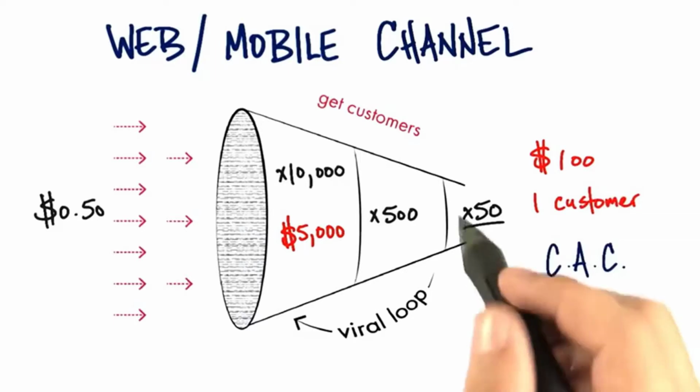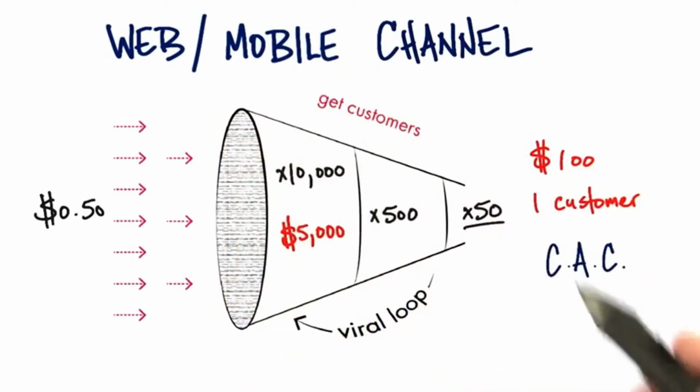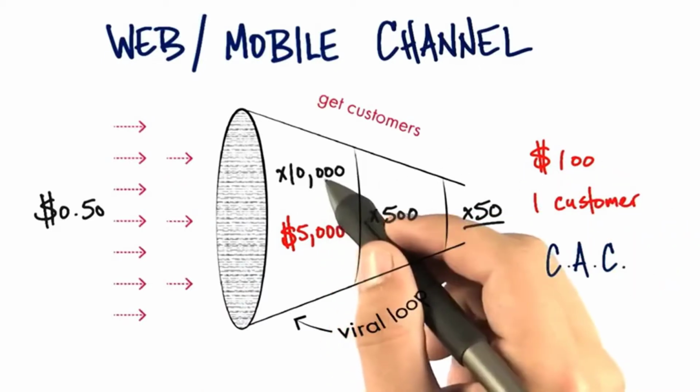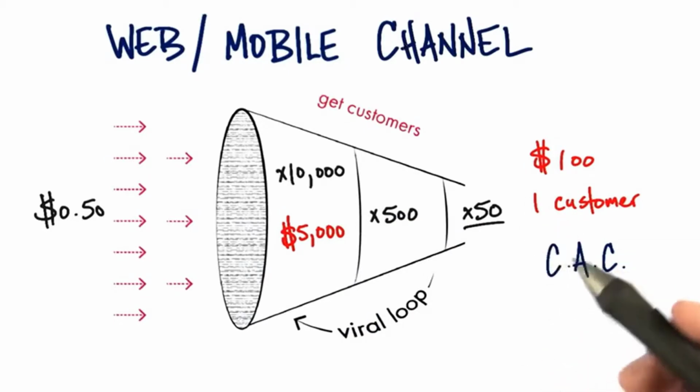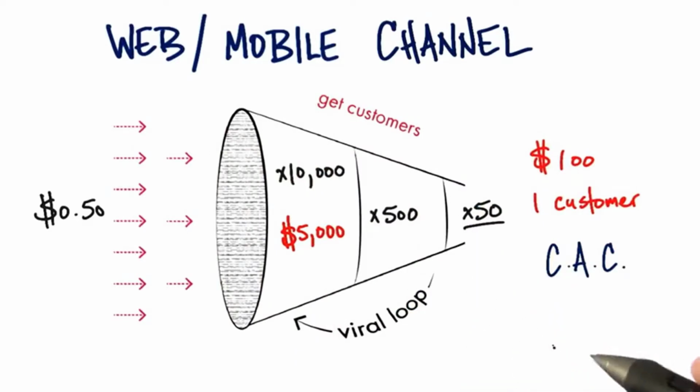I used this example for a web mobile channel, but it's similar for a physical channel. You might not be doing pay-per-click, you might be doing direct mail math, or television or radio math, but the math works the same. How much did it cost to acquire a customer? How much did the campaign cost? How much did it cost to get them to consider your product? How much did it cost them to take a test drive of your car or fly your airline? And what, in the end, was your customer acquisition cost? That's a key number for any founder thinking about a startup.